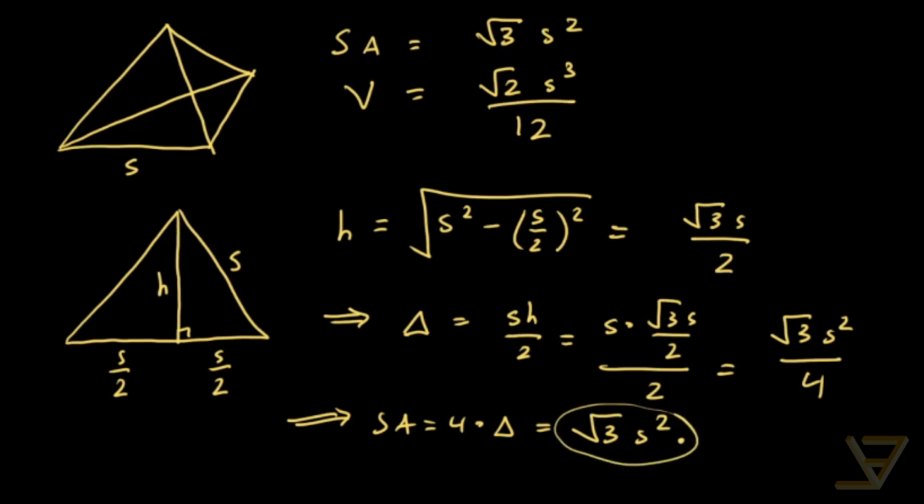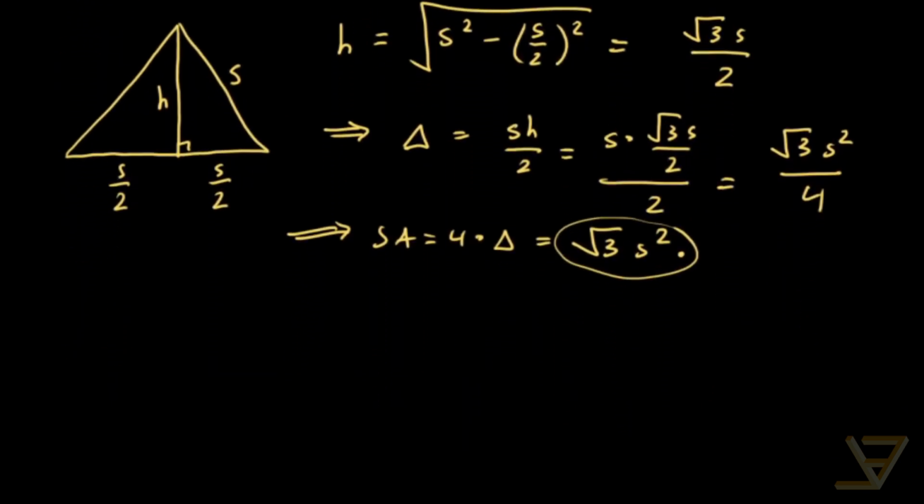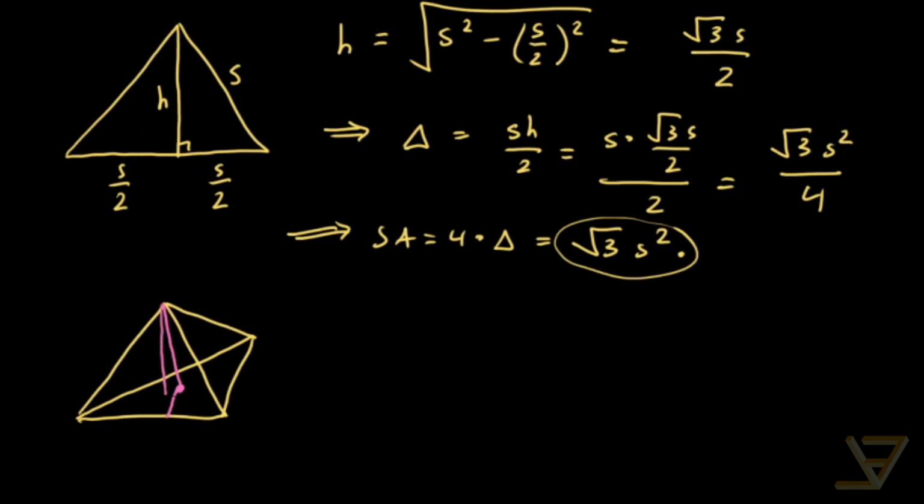The volume is a bit more difficult because we have to find the height of the pyramid. So let's draw the pyramid again. And the height will be like this. Now we need to figure out what the height is, and we're going to use the Pythagorean theorem to do that. Our method will be to draw the inradius of the bottom triangle and use the Pythagorean theorem on it. So let's analyze what the inradius is